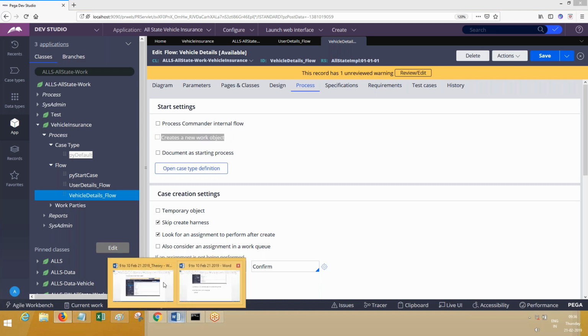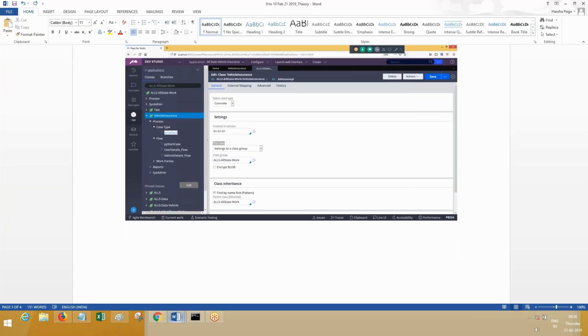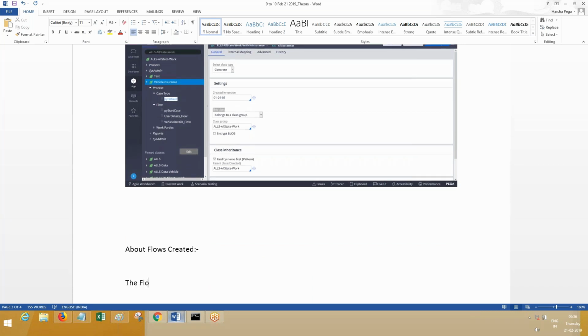So let me write down all this in the theory part. Theory document about flows created. The flows we have, the processes we have added during case type design, are subflows. For those, creates a new work object, right?